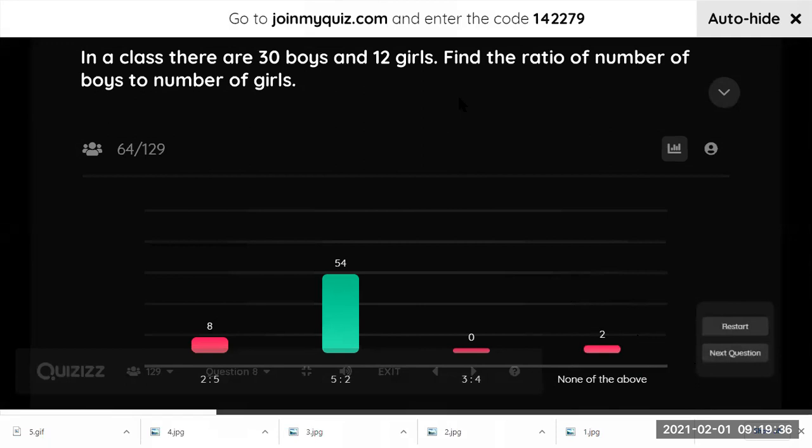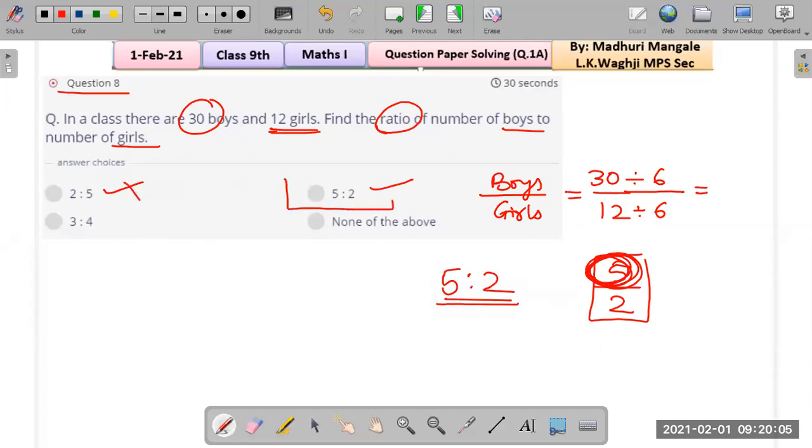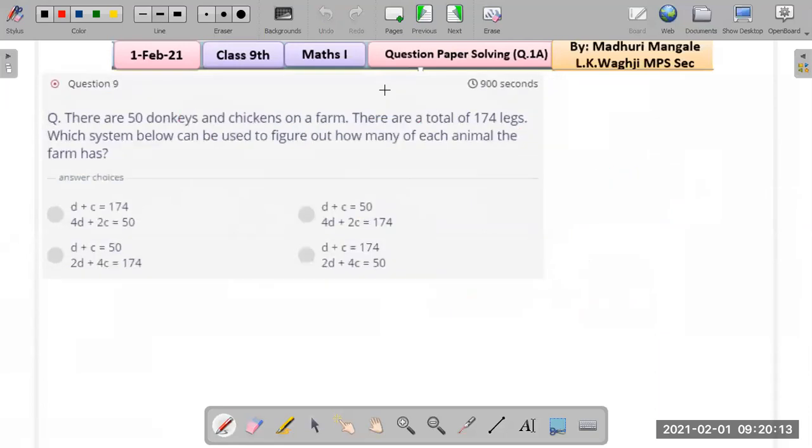Yes. So let us go back to the Zoom page, and there you should be able to see the last step that we did. Divide both the numbers by 6. So 30 divided by 6 is 5, and 12 divided by 6 is 2. So 5:2 is the answer. Now, not to get confused between this and this, because 5 should be written first, because 5 is the numerator. So 5 first and then the denominator. The correct answer is 5:2. Okay, students, this is the correct one. So please don't get confused. Let us move to next question.